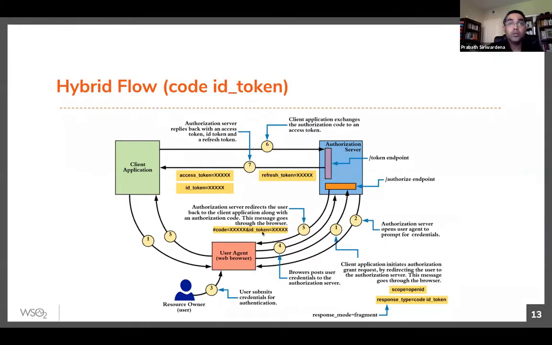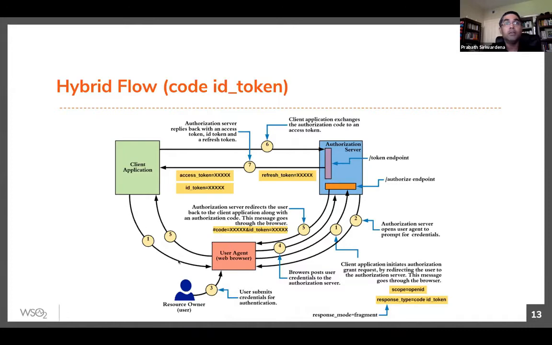Okay. So now in the authorization code flow, you only get the code from the authorization endpoint. In the implicit flow, you get the ID token or else ID token plus token. Hybrid flow talks about how you can do multiple combinations of these tokens from the authorization endpoint of the OpenID Connect server, right?